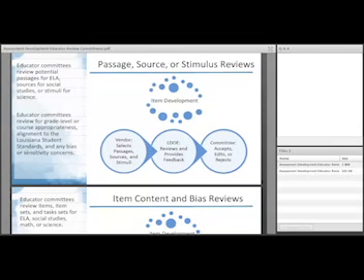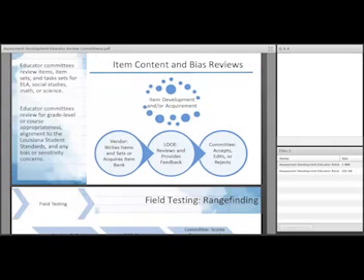Or maybe they're looking at a stimulus, and even though we want to develop something for 6th grade, it's maybe more appropriate for 7th grade. So the committee might reject it, or it'll get moved to 7th grade, and a 7th grade committee will then review it. So this is really the first stage in the development process for those particular content areas.